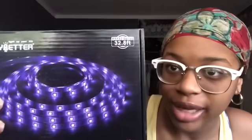Here it is. So it's 2 rows in here. This comes with 32.8 feet in one box. I ordered 2. So I'm absolutely excited. It comes with a remote. It's waterproof, so that's good. There is something important about installing these, and I'm gonna show you guys. It's not that complicated, but